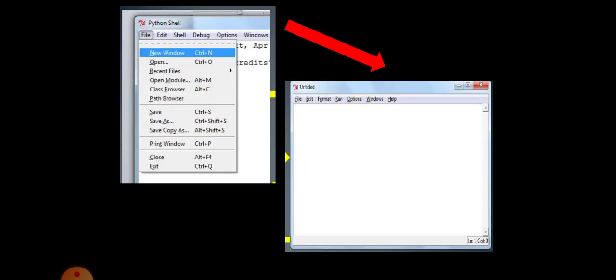My dear children, once again I am repeating how to open the script mode in Python IDLE. First of all, you need to click on the Start button, All Programs, then search for the Python version, Python 3.7. Click on the menu Python IDLE. You will get a screen like this. Then click on the File menu, then New Window. So you will get a screen like this. Within that you will have the options like File, Edit, Format, Run, Options, Windows, Help.